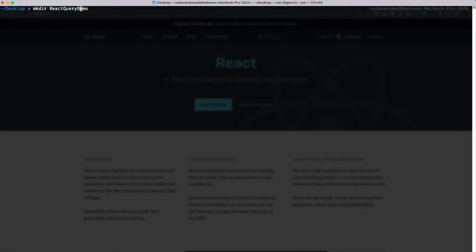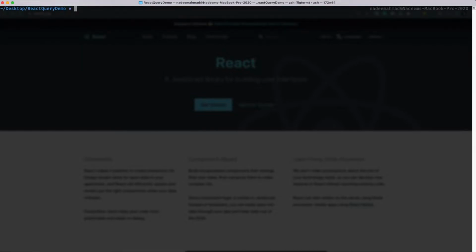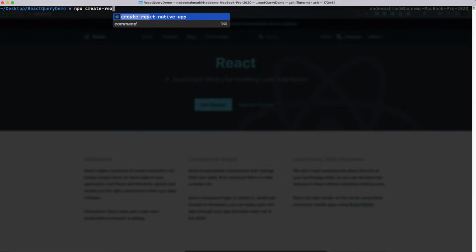All right, okay, I think that's fine. And I'll get into this React Query demo folder, and in here, if I want to create the React application, I have to do npx create-react-app, and I'll have to name it whatever I want, but first let's name it